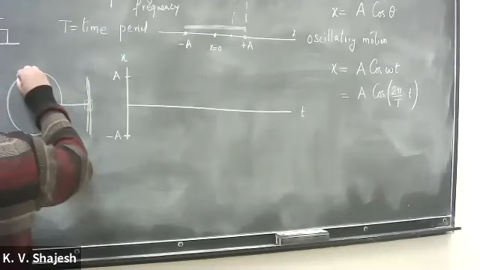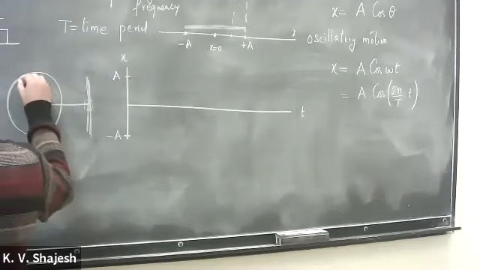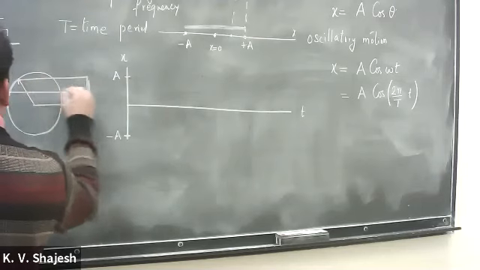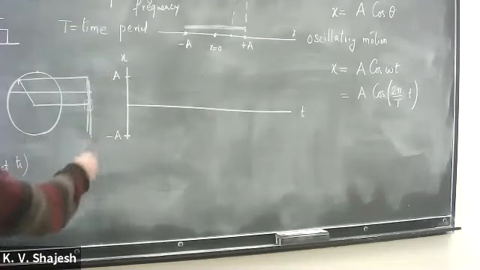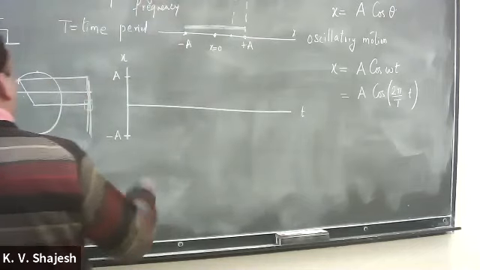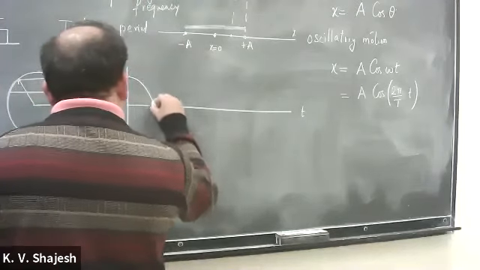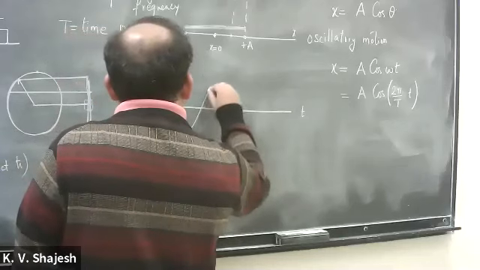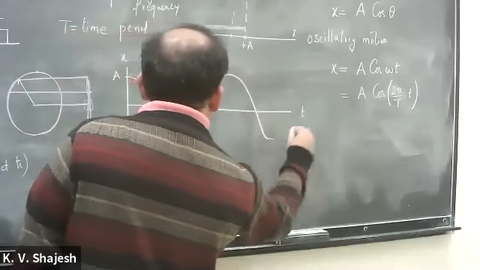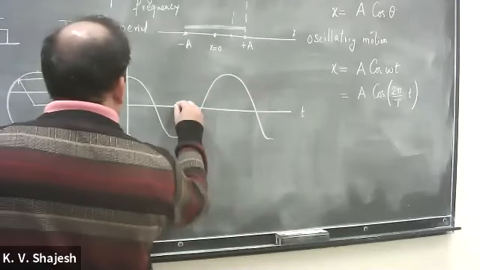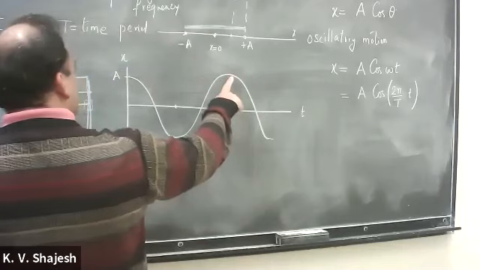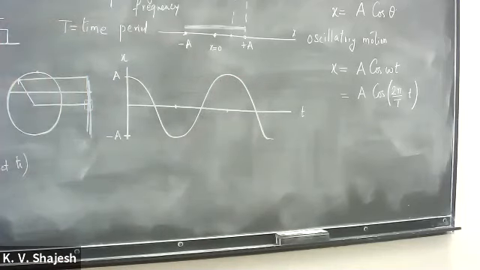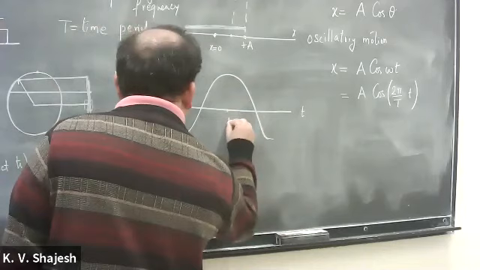That's your x equal to 0. So that's the projection there. As this moves in a circle, this actually goes in the vertical direction. So I've rotated the whole thing, and that leads to this motion being in this form. So that's a cosine curve. And what is the time period? It starts repeating after 2 pi radians. That means capital T. So that's T, the time period.